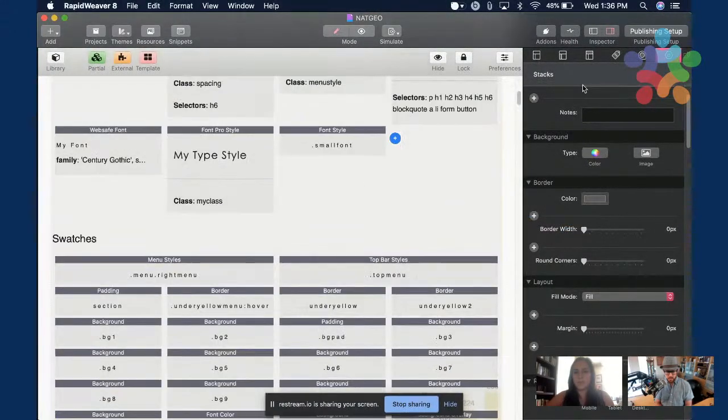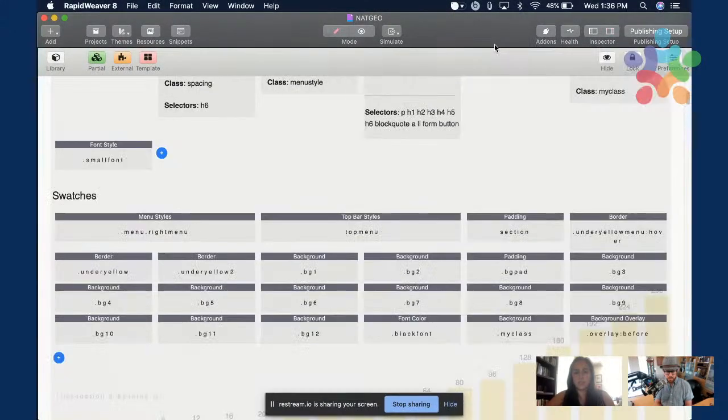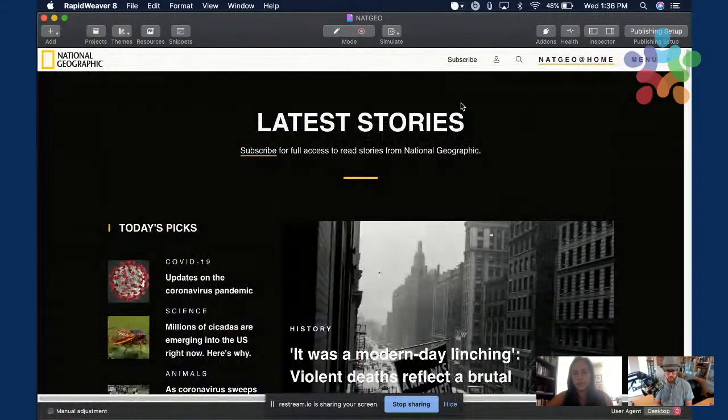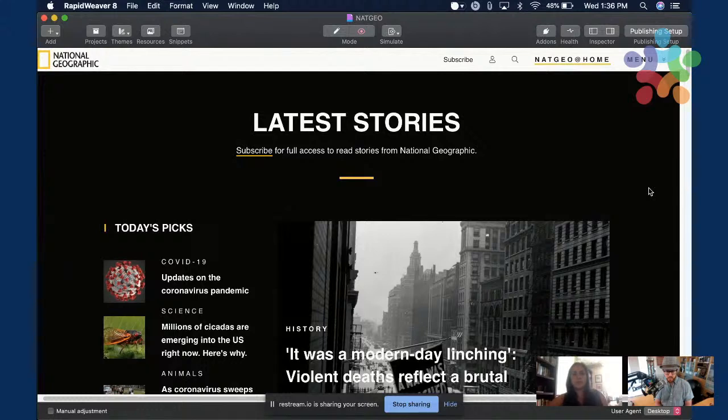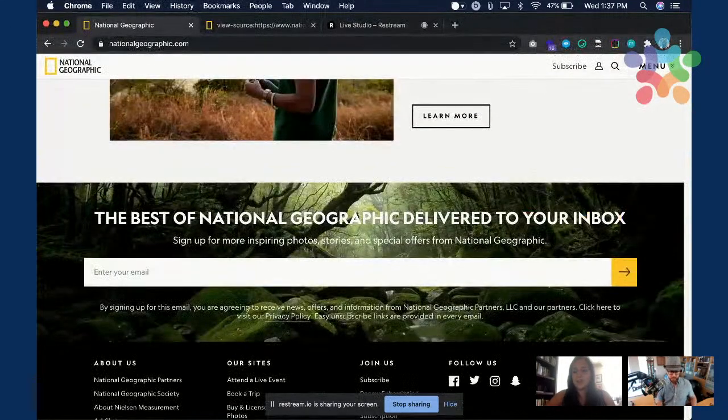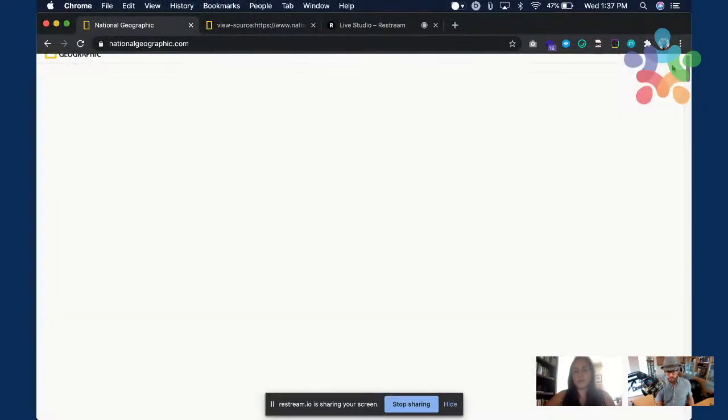This is my finished website, made in RapidWeaver and Stacks. I'm gonna preview it, and you'll see it's close to the finished result. The one challenge that I will ignore is the exact same typography, because this is Nat Geo typography.